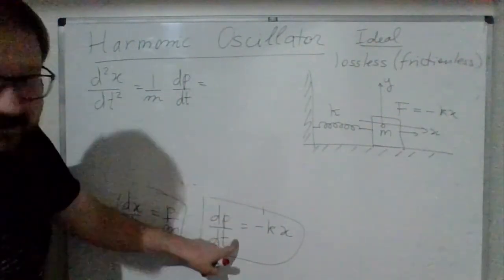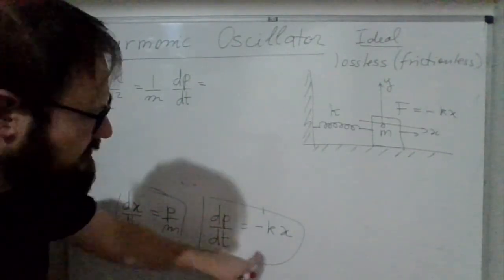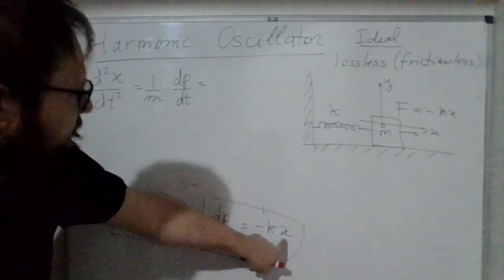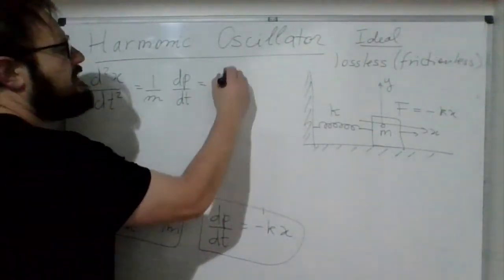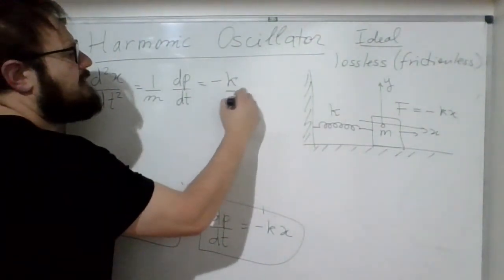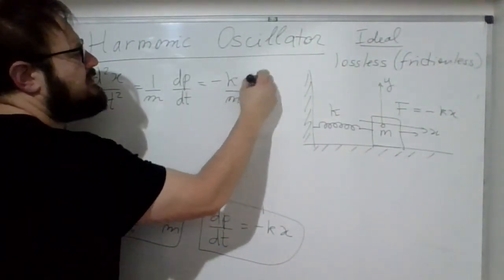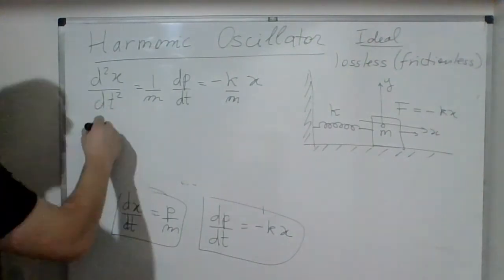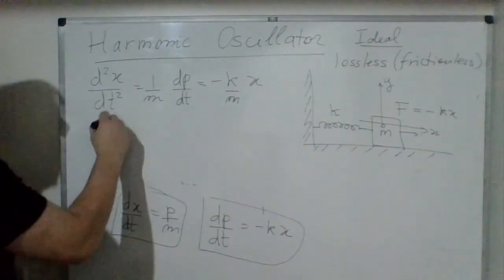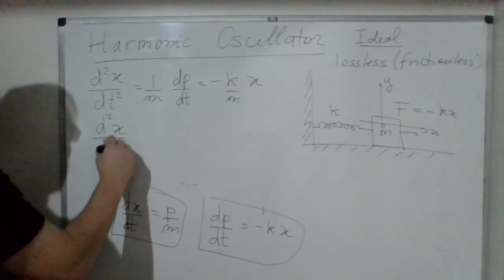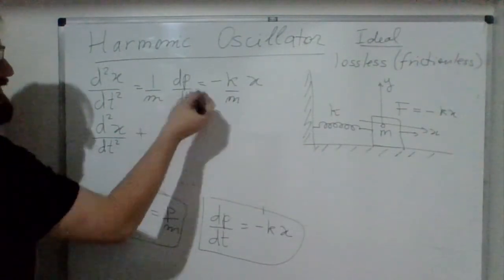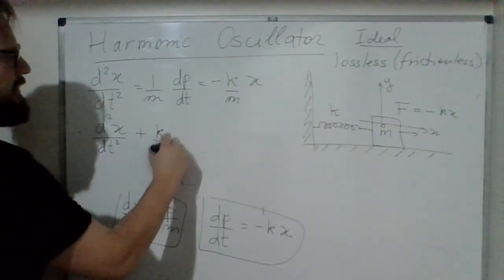But the derivative of momentum with respect to time is just minus k times x. So we'll find minus k divided by mass times position. So this is a second order equation, d²x/dt² plus k over m x